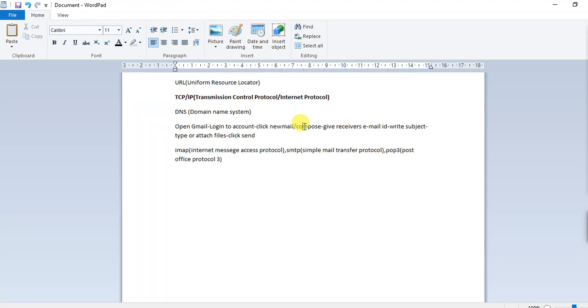Then it will ask for a subject, so you have to write your subject, like urgent meet or education, anything you can write there. Then you have to type the content, whatever you want to type, or insert attachments, whether photos or any type of files. Then you have to finally click on the send button. It will automatically forward the email to the receiver.